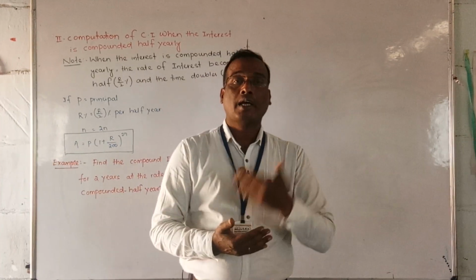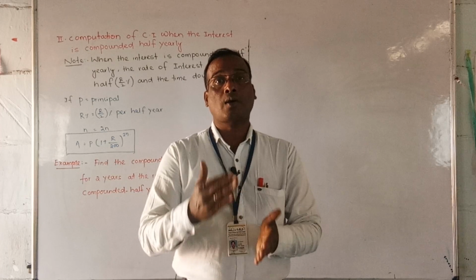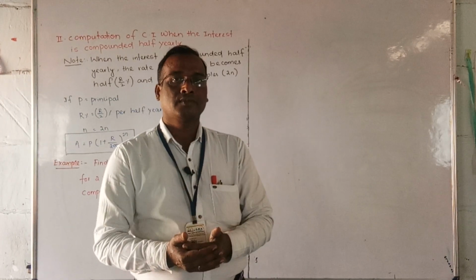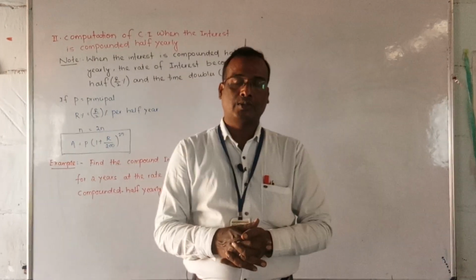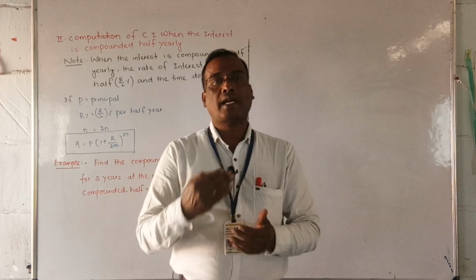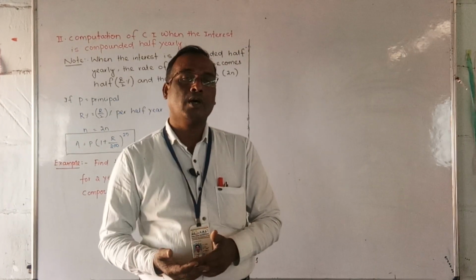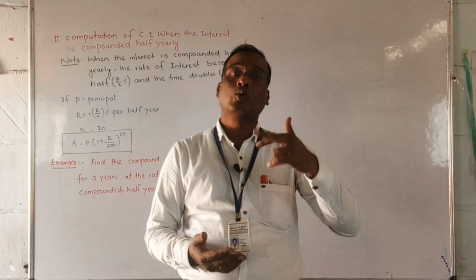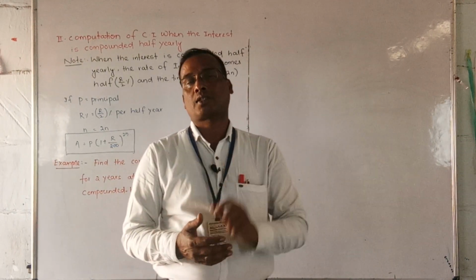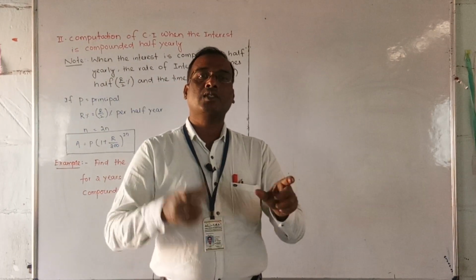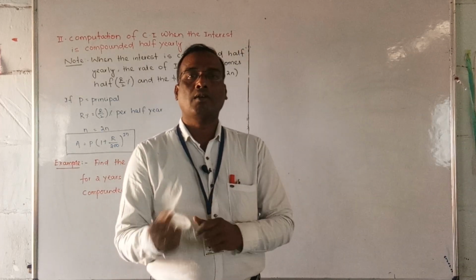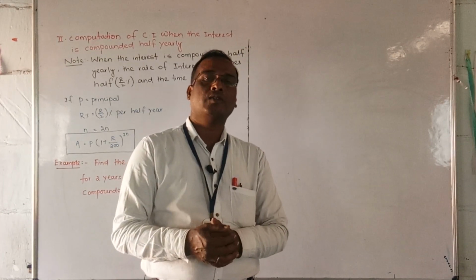If the interest is compounded half yearly, the conversion period changes. So if it is compounded half yearly and the time period given is 1 year, then you have to find the compound interest 2 times. That means the conversion period will be 6 months, and every 6 months you have to find the compound interest. Are you clear? That is called the conversion period. Already I have explained this in the first video.